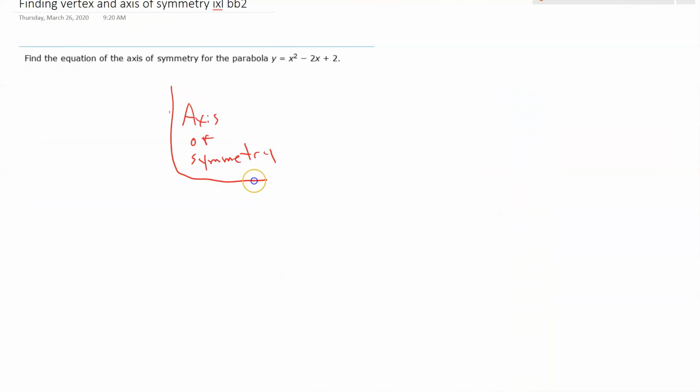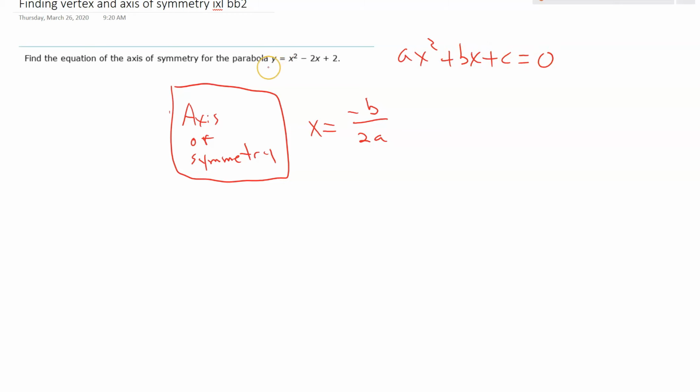This was available on the notes in the video. It is given by the formula x equals, it's going to be a vertical line, negative b divided by 2a, where this a and b is from the form ax squared plus bx plus c is equal to 0, or in this case y. So b is the coefficient of the x term. We see that b is the coefficient of our linear term. In this case, b is negative 2. So we have negative 2